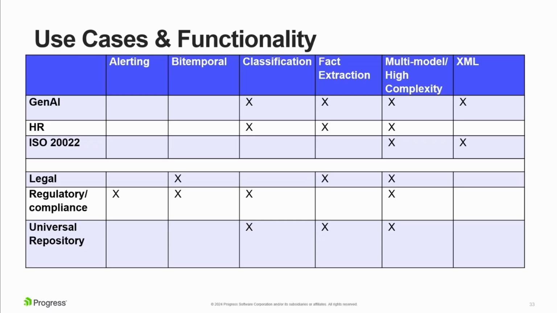Universal repository is just the idea of a 360 view of the data. There are a lot of cases where you really want to know everything about your users. In finance, we've had customers build bond 360s where they want to know everything about their bonds. Sometimes the documents would be 20, 25 megabytes just to describe a single bond or loan they had issued. So these give an idea of which capabilities we offer and what different use cases need, so it can help you frame the problem.